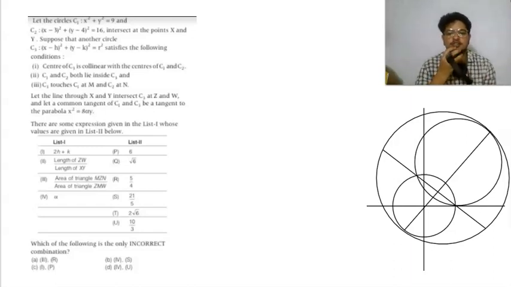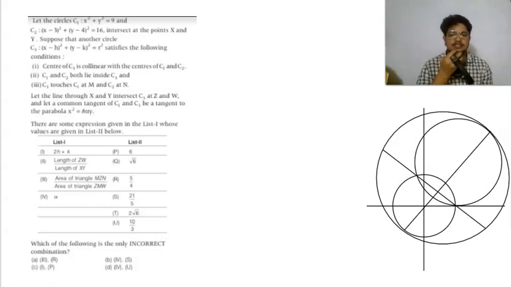Students, in this question there are some options given in list 1, and in list 2 we have to choose which of the options are correct, and after that we have to choose the incorrect option combinations, the combinations that we can't choose. So firstly there are some statements given which we will see, and I had already drawn the figure of that statement. So let's go with the statements.